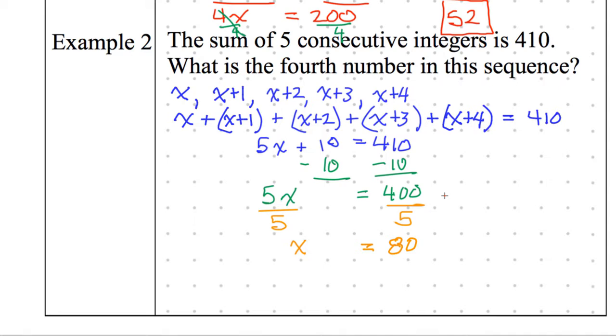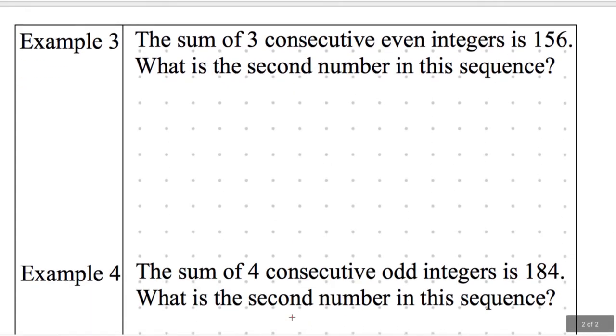Plus 3. Add it to 3 because that's 1, 2, 3. That's a fourth number. It's always 1 less than what you expect. I add 3, and then I get my final answer of 83. 83. Did you box it? Yes. Very nice. Yeah, there it is. All right, flip it over. Start on example 3.